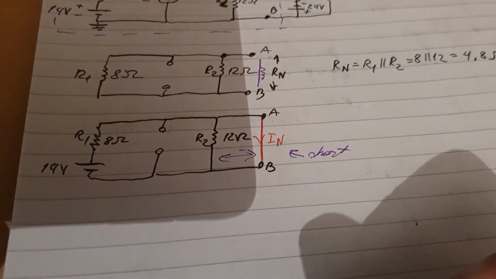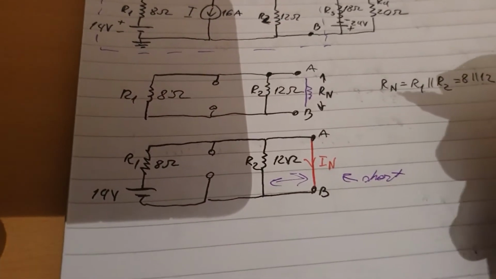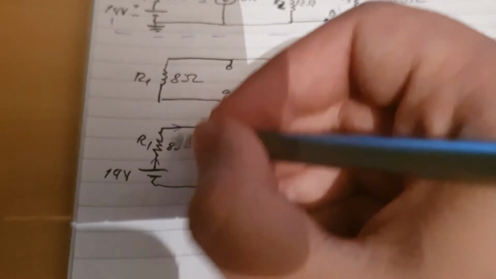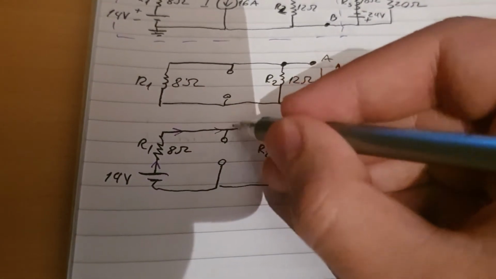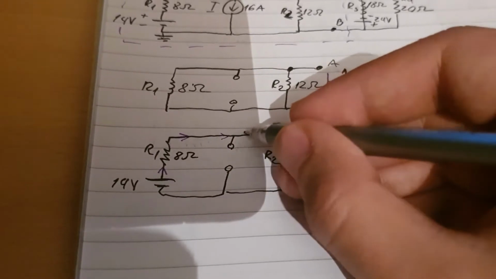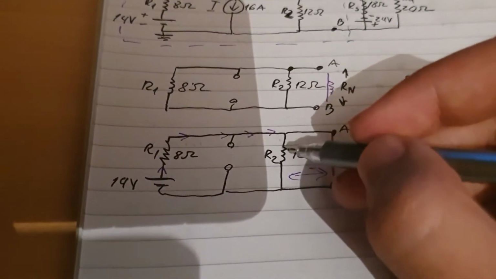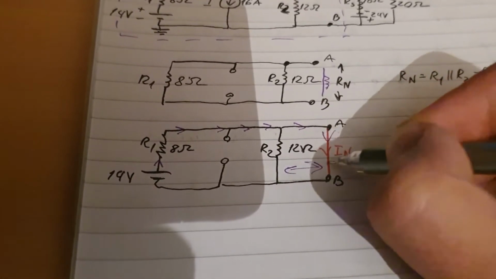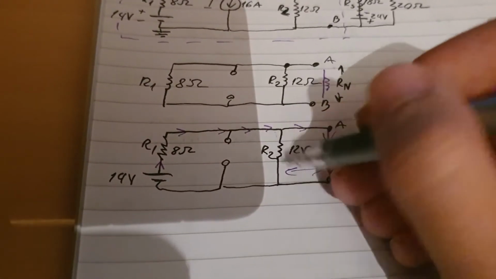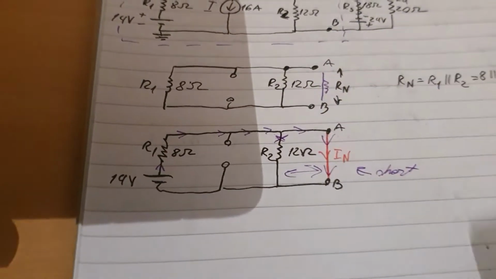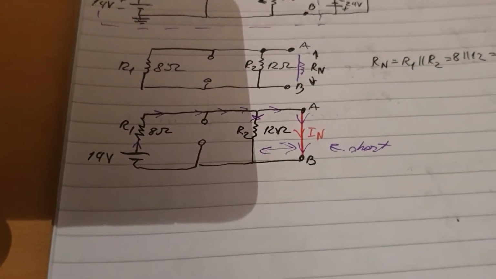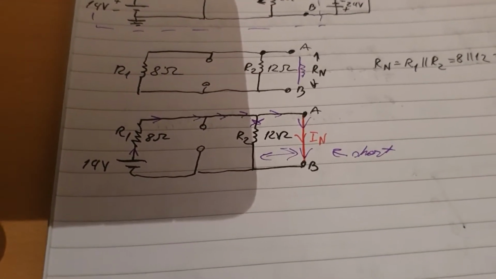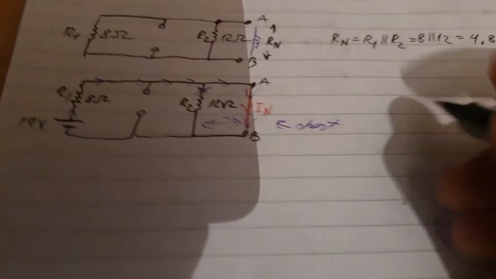And what happens if there is a short? Well, as you know, the current will go through here, through R1, so it passes through one resistor. There is nothing here, it's an open circuit, so it passes by this one. And because there is no resistance in here, all the current will go through Rn, and it will ignore this point here. It ignores the resistor R2. So there is no current going through R2, which makes it very simple, which means that we can determine